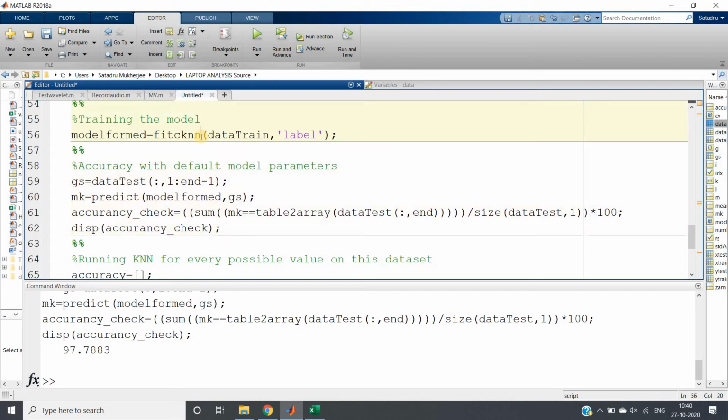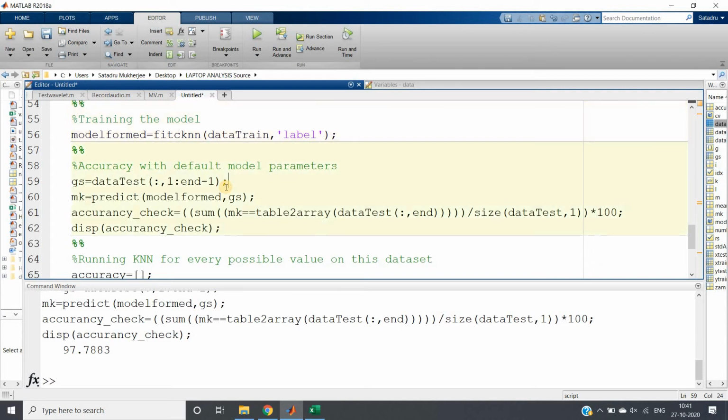So what we can do is take all possible values of k. Now you tell me what are the possible values of k. Very simple, the minimum k value is 1, and what can be the maximum k value? The maximum k value can be equal to the size of our training data. That is the particular case when our machine learning model will consider all the data present in our training set. That time that can be the maximum.